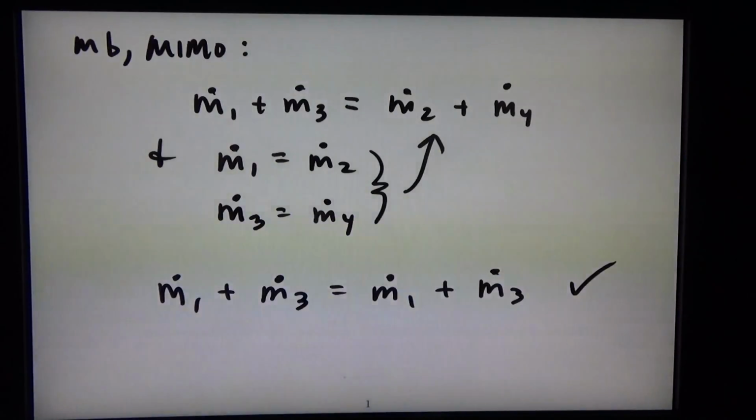Alright, basically that just gives us a true equation. So that's the mass balance for the heat exchanger. The energy balance for the heat exchanger, we would have Q dot minus W dot is equal to